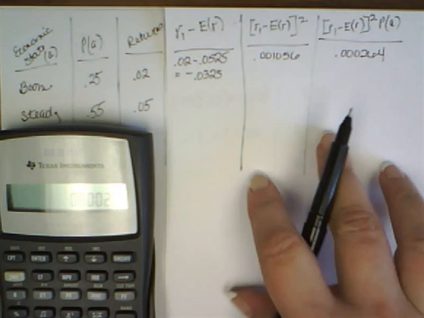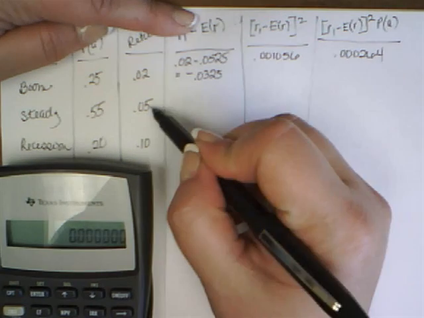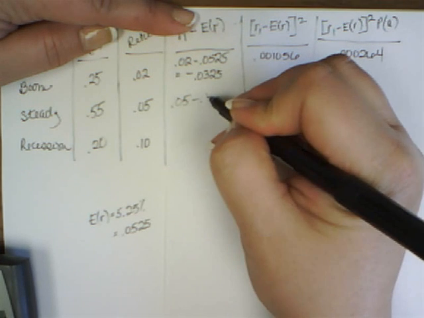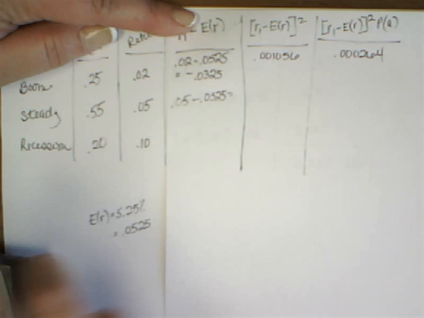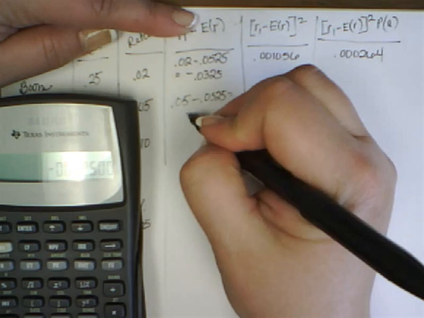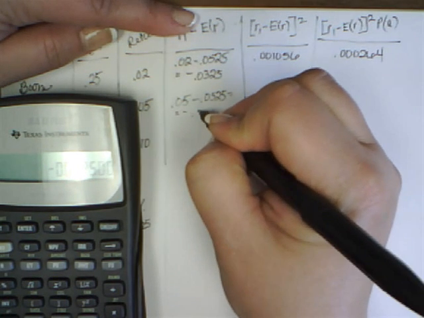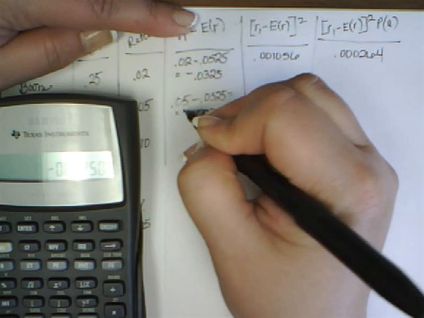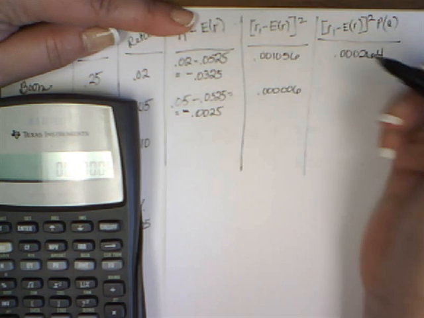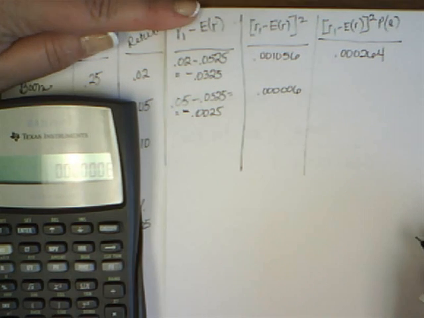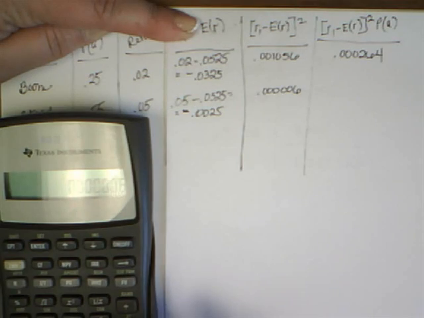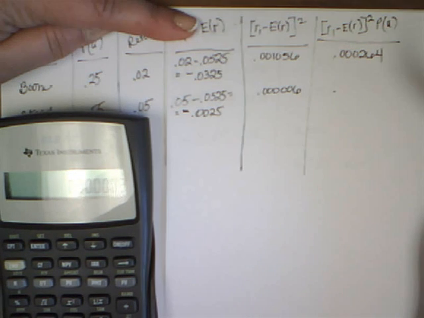Okay, so let's go right through the second one again. We have our return of 0.05. We're going to subtract our expected return of 0.0525. And of course, this is going to give us another negative number, 0.05 minus 0.0525, which gives us a negative 0.0025. We've got to get rid of the negative number, so we're going to square that, and that's going to give us 0.000006. And then when we multiply that number times the probability of 0.55, we get